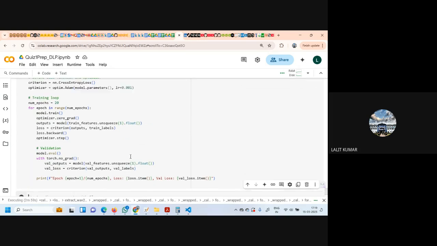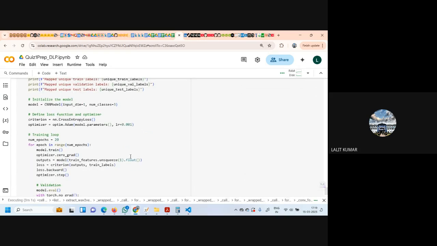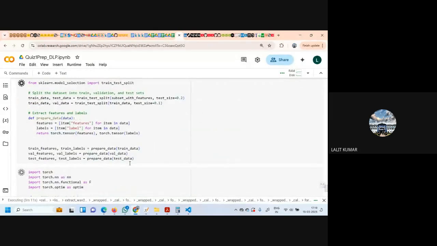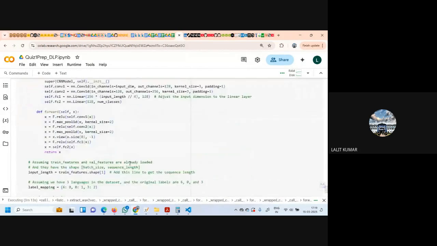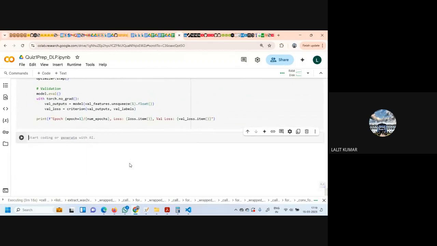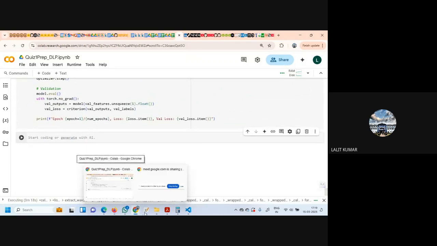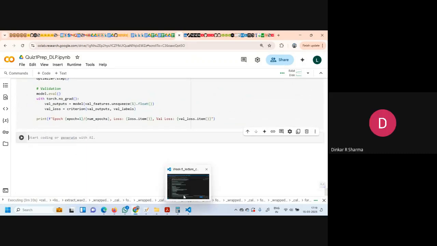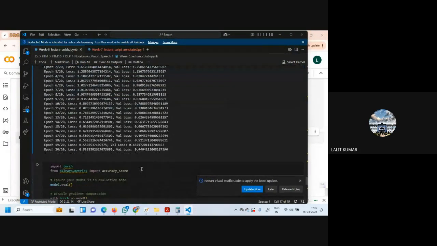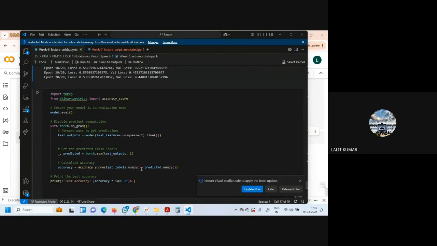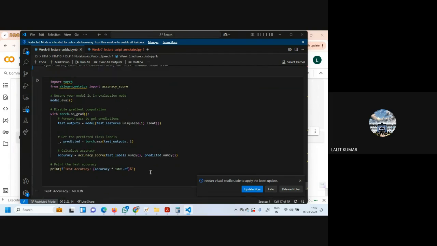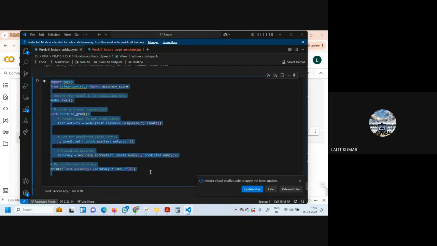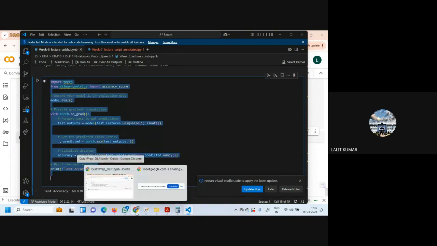So here in this, we have not used the transformer, but the transformer we are using to extract the features for wav2vec. Is this clear, okay? Everyone? Dinkar? Yes, sir, it's clear. And now, once we have trained this, we can find the accuracy score on the test data and val data, whether it is predicting correct or not.